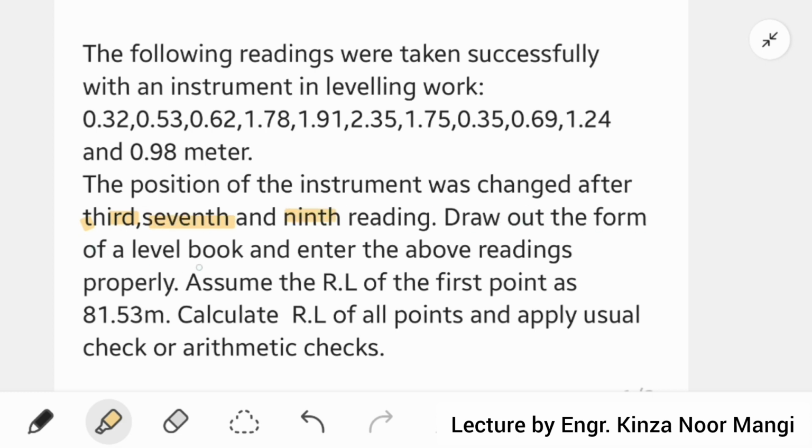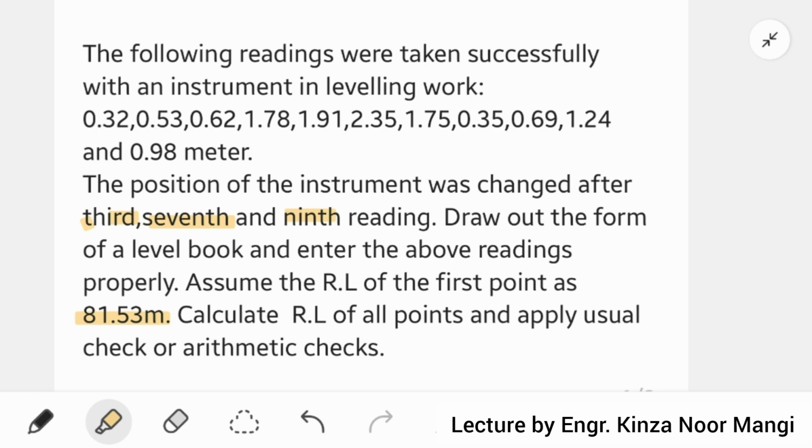Draw out the form of the level book and enter the above readings properly. Assume the reduced level of the first point is 81.53 meters. Calculate reduced level of all points and apply the usual check or arithmetic checks. So firstly, we have to